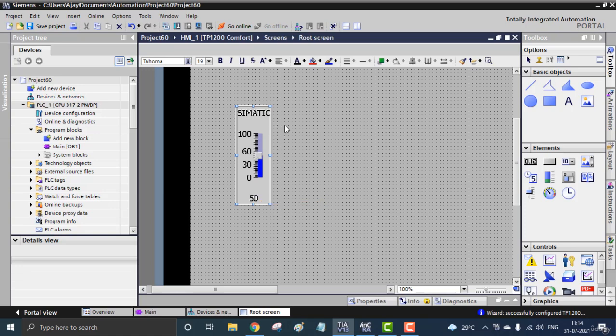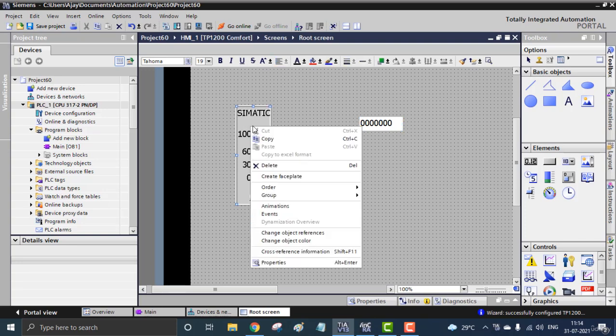Like in the previous video with the digital tags, the input was the switch and the output was the circle. Here the input will be the slider, and the output will not be a circle that could be on and off. That will be a value display, or in Siemens it's called an IO field. The IO field will display the process value. That means when the slider value is changing, it shows the value in the IO field. So that's one kind of output. Okay, IO field. So let's first explore the slider.